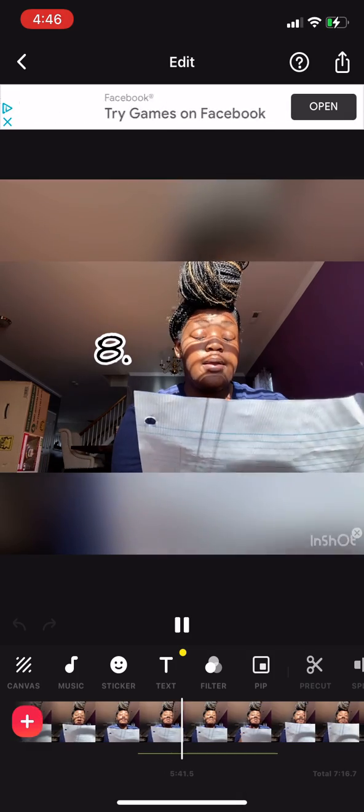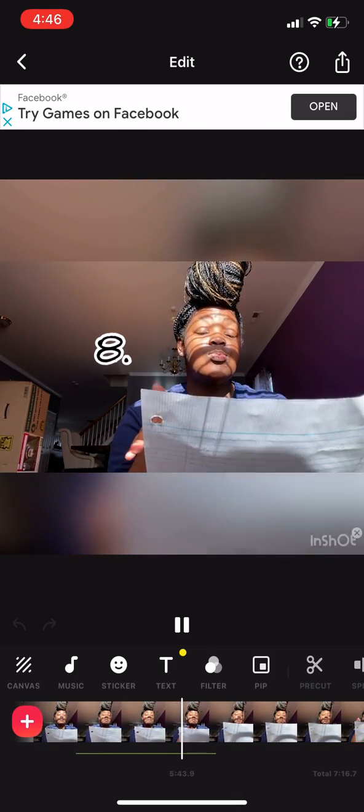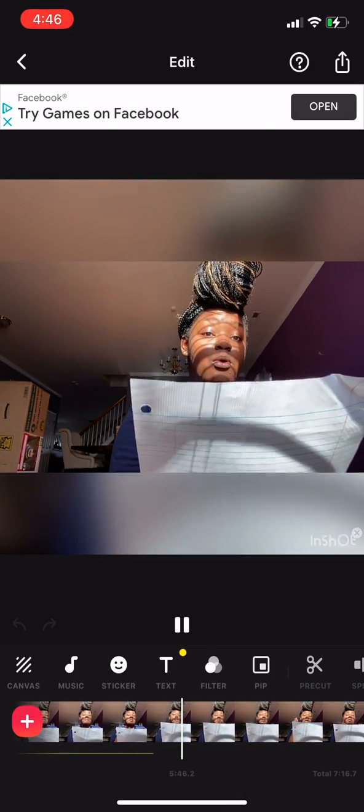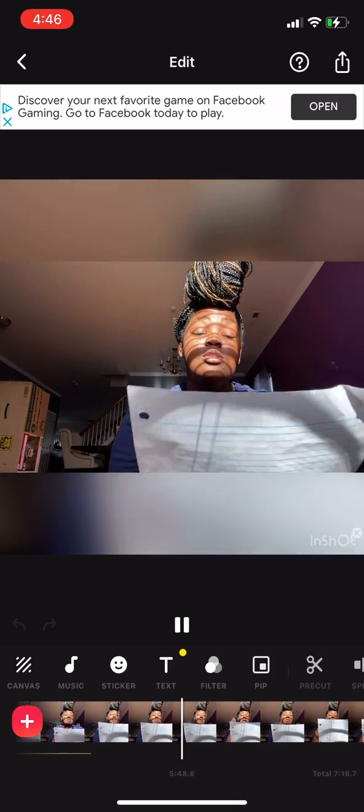So I take my 8, and like I said, it doesn't have a decimal, so I'm going to put a decimal at the end. I'm going to make my own decimal and put it at the end. So you also want to move it